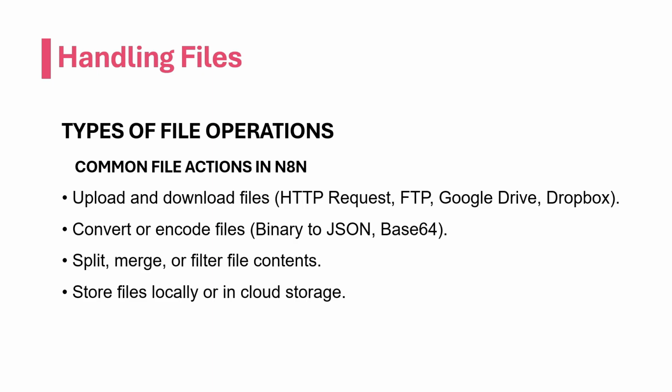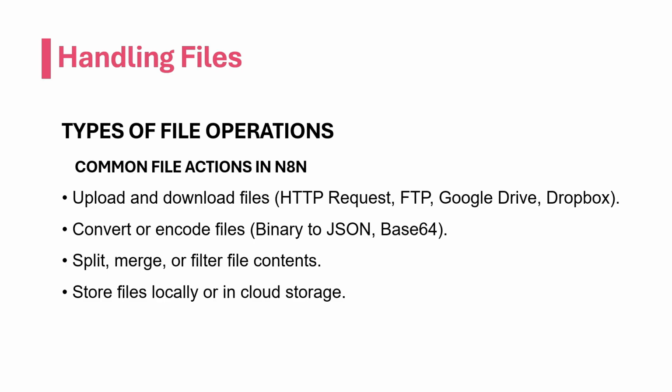There are many ways to work with files in n8n. So first of all, you can upload or download files from sources like Google Drive, Dropbox, or an FTP server. You can also convert files, for example, turning a CSV into JSON or encoding a binary file to base64 for API uploads. Also, you can split, merge, or parse the file contents using function or spreadsheet file nodes. This is majorly used for advanced cases, and you can also save processed files locally or push them back